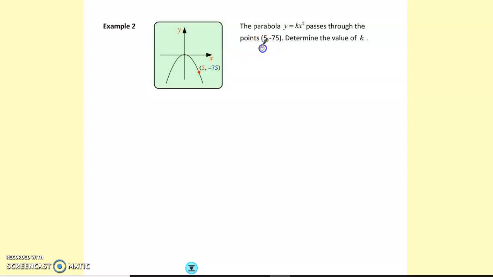Second one, same idea again, we've got an x, we've got a y, that's going into y equals kx squared. By the picture, we are hoping we're going to get a negative value for k. Let's check, so subbing in my x, my y, I get minus 75 is k times 5 squared. 5 squared is 25, so 25k, dividing by the 25, I get k is minus 3. Okay,